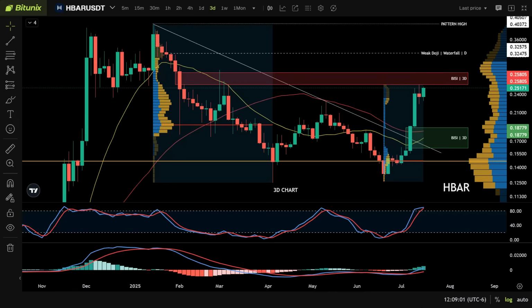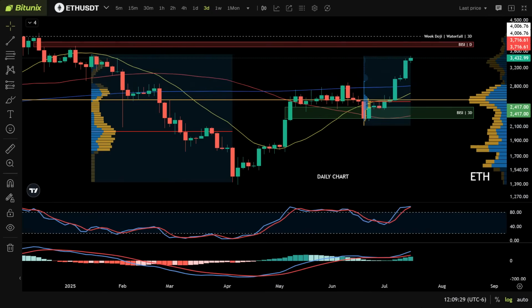So there is quite a bit of room to the upside here if this momentum can continue and we keep the embedded stochastic. Now taking a look at the Ethereum charts, we can see right now that the area of concentration of the highest area of volume is also resting just above this bullish BISI on the 3-day chart. We do have this bearish BISI right here to contend with on the daily chart. If we can get through this, we have a nice potential target on the weak doji waterfall, resting at about